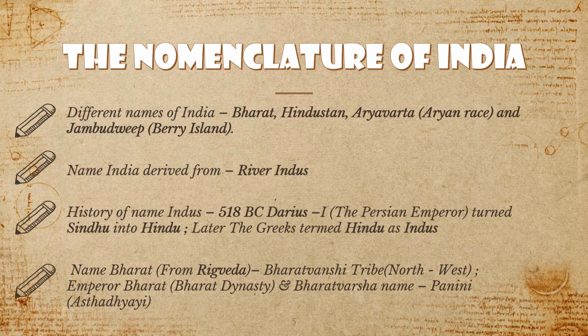India has been called by different names such as Bharat, Hindustan, Aryavat, which is Aryan race, and Jambudweep, which is known as Berry Island also. The name of India is derived from the river Indus. Indus was known as Sindhu in the time of Darius I, the Persian emperor. So when in 518 Darius I came to India,